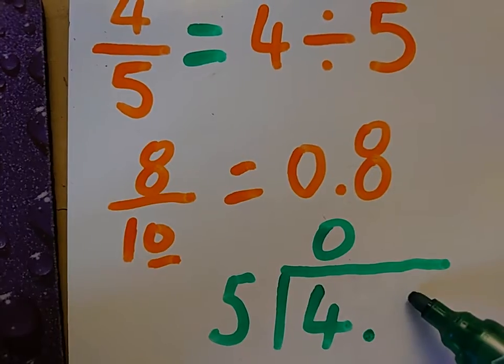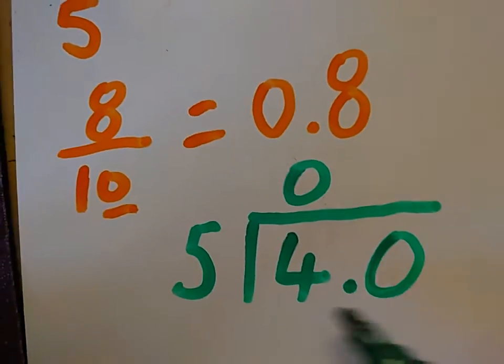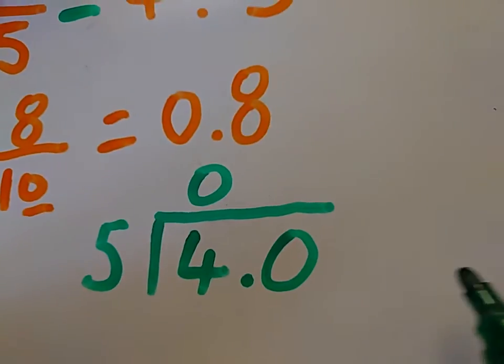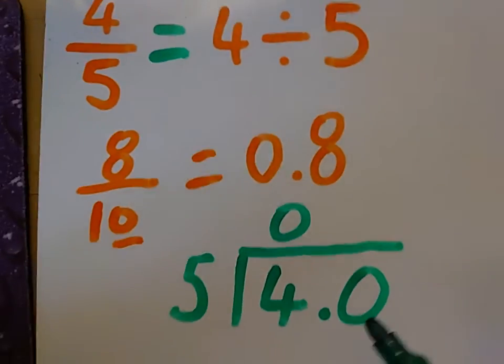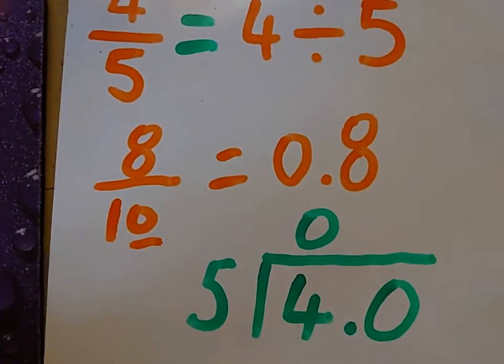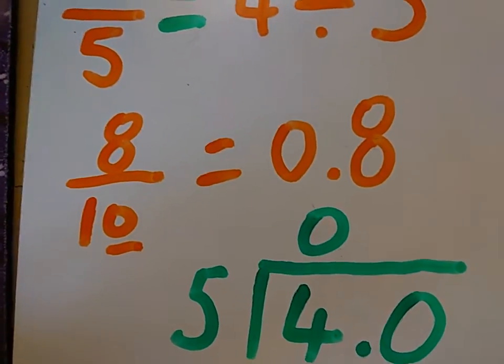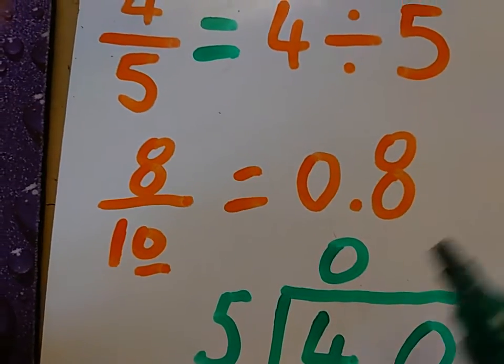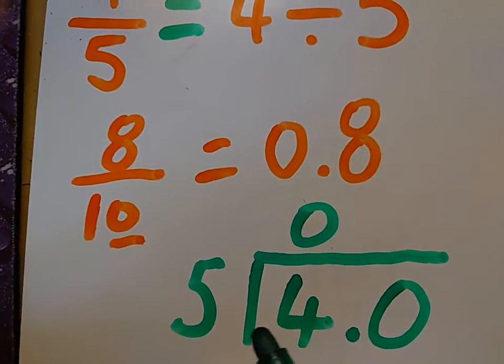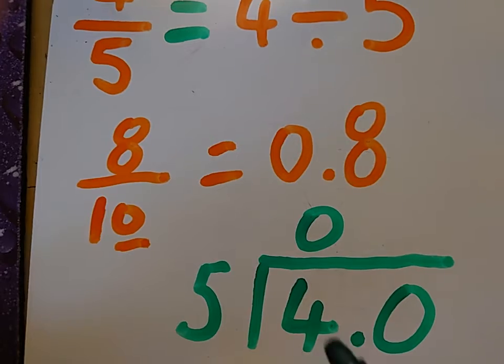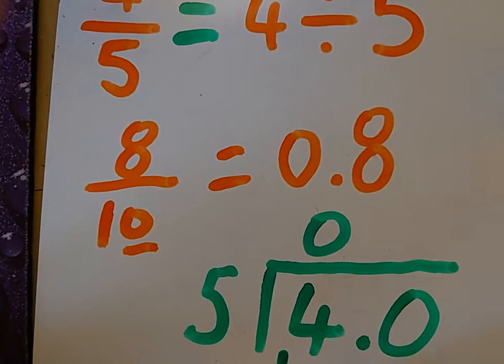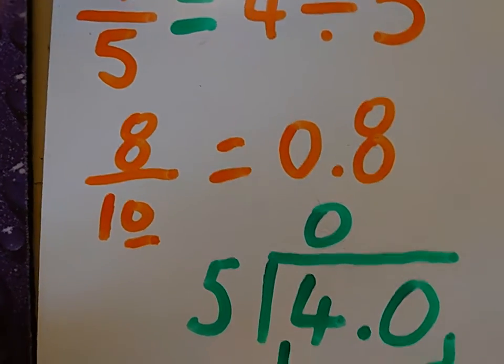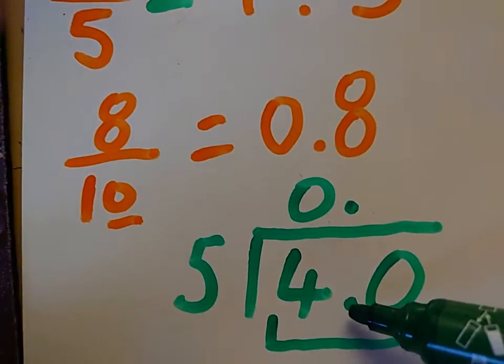Well, remember that 4.0 is the same as 4. It's the same thing. I can put as many zeros here as I like. You don't need to put them because they don't mean anything, but they can be quite useful, like in this example. So now I think, well, I can't do how many times does 5 go into 4? But what happens if I pretended that this was 40? As long as I remember to line my decimals up,